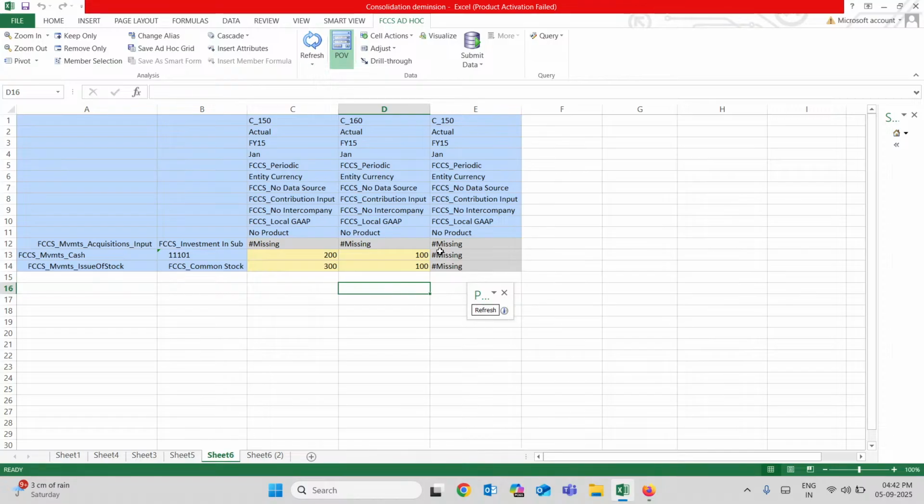Like for subsidiary 100 and 100, and instead of no company and no intercompany, we have to give ICP intercompany for C underscore 160, and the value for here we have to give is 100. Okay, and then when we refresh it,